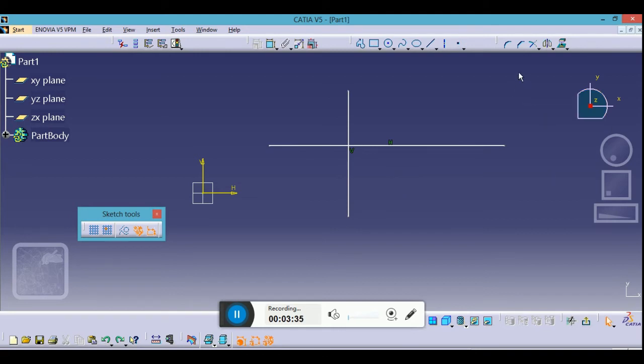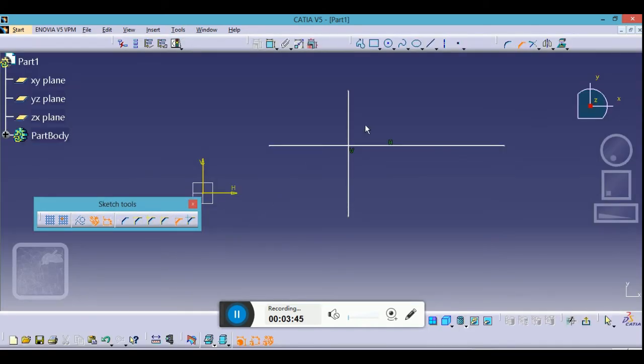Sometimes you first give dimensions, then you add your chamfer, so it will indicate an error box asking you to remove that dimension or have construction lines over it. For that, this option is given to you directly.